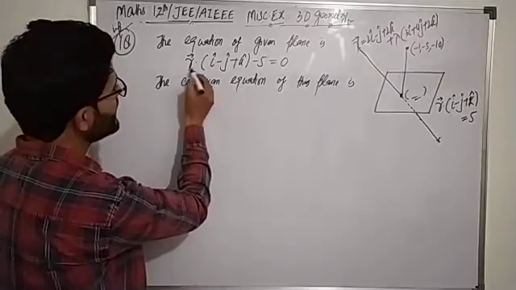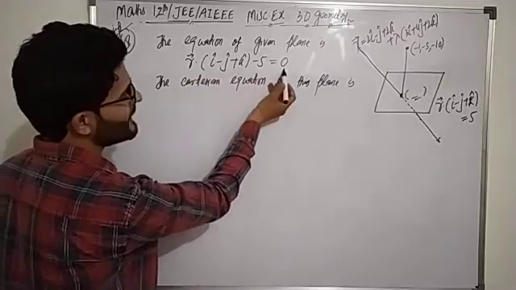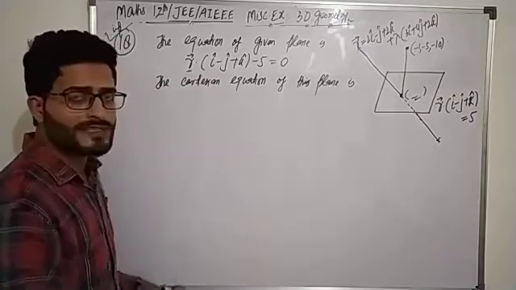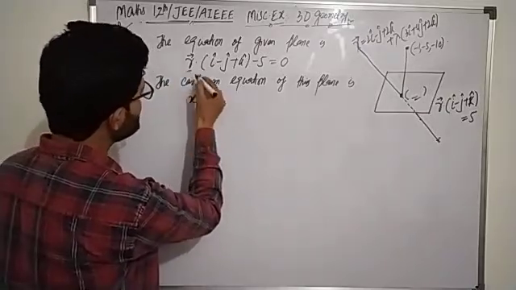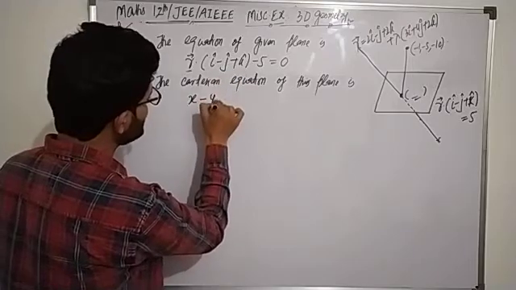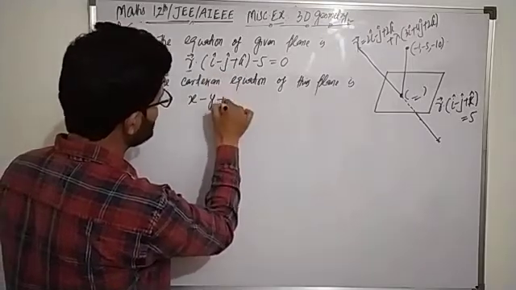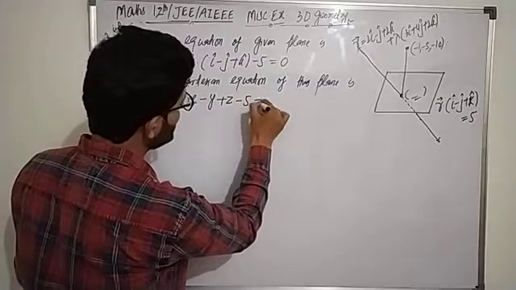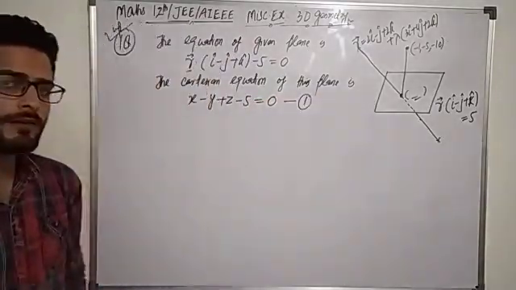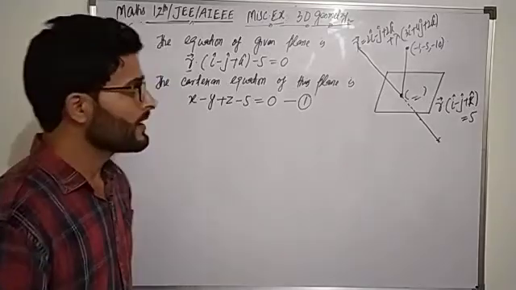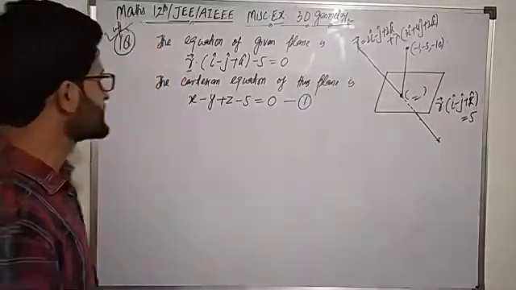r dot i minus j plus k minus 5 equals 0. The r vector is actually xi plus yj plus zk. So x into 1 that is x, plus y into -1 that's -y, plus z into 1 that is plus z, minus 5 is equal to 0. We are keeping that as equation number first. Right? Now the equation of the given line is